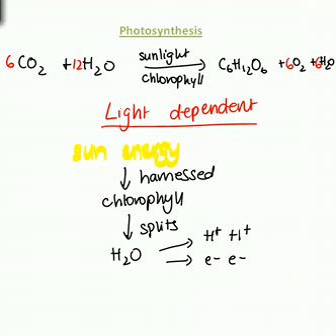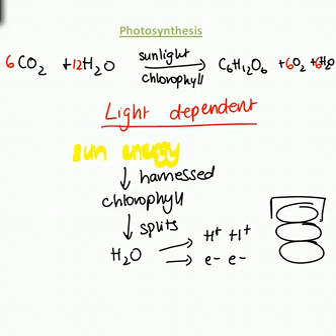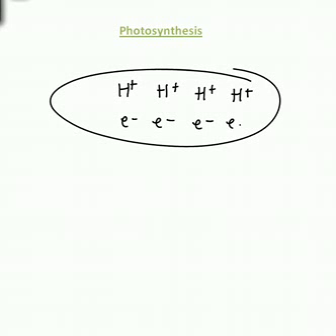So let's now focus on the hydrogen ions and electrons that we have. So remember, this occurs in the thylakoid space, and the thylakoid membrane looks something like this when it's stacked up in a formation called the grana. So if we're to zoom in on one of these structures, we actually have hydrogen ions in here, and we have electrons. Remember that the oxygen now has already been released. This process is referred to as an electron transport